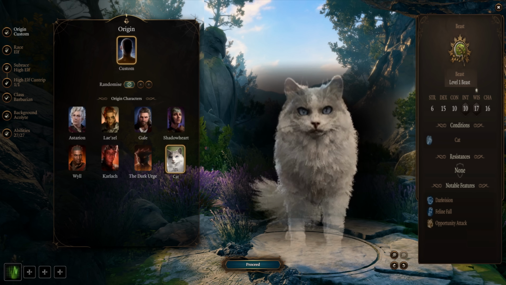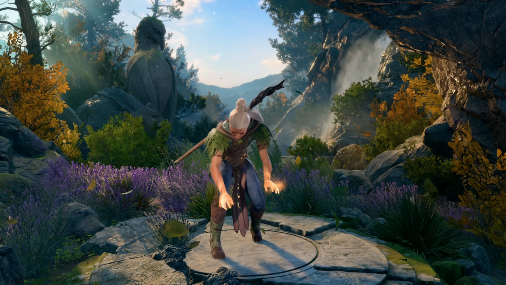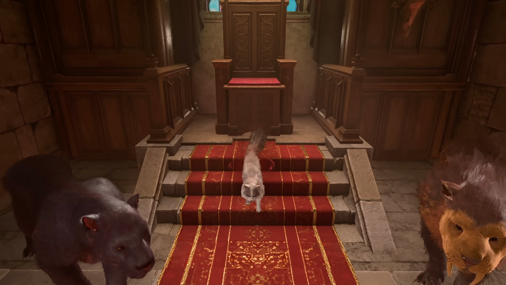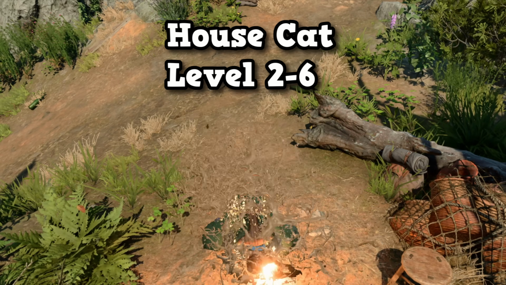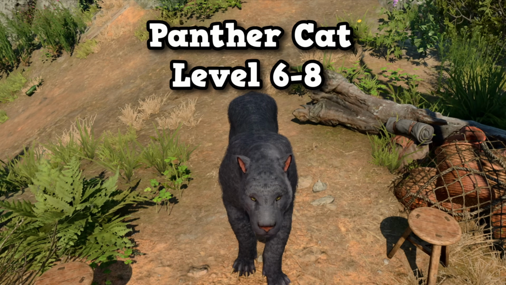Because cats are not an option in the character creation screen, the closest thing we can do is to select the druid class and use only its cat forms, which until level 6, the cat is the weakest druid form you can possibly use. My only rule for this challenge is that whenever possible, I must remain in a cat